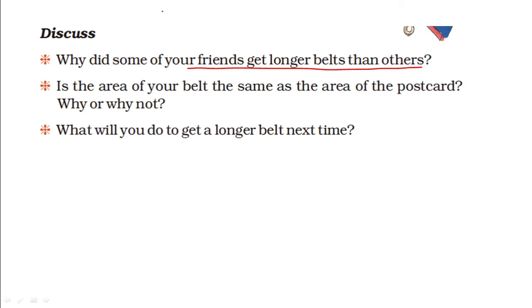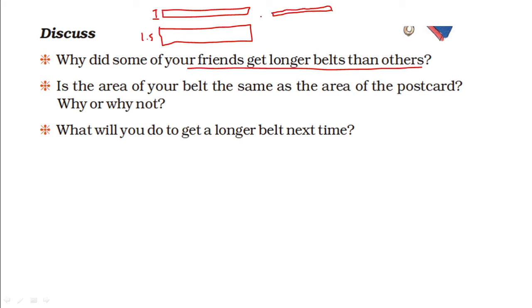Because some cut the paper into small strips, 1 centimeter. Some may have cut it into 1.5 centimeter, some into 0.5 centimeter. So lesser the width, more number of strips there will be, and then longer will be the belt.